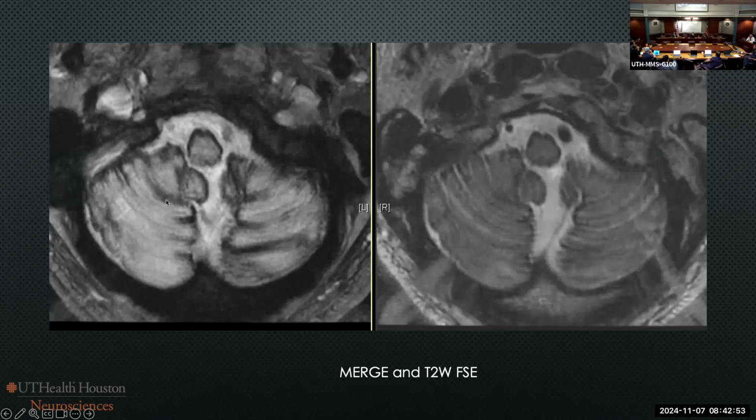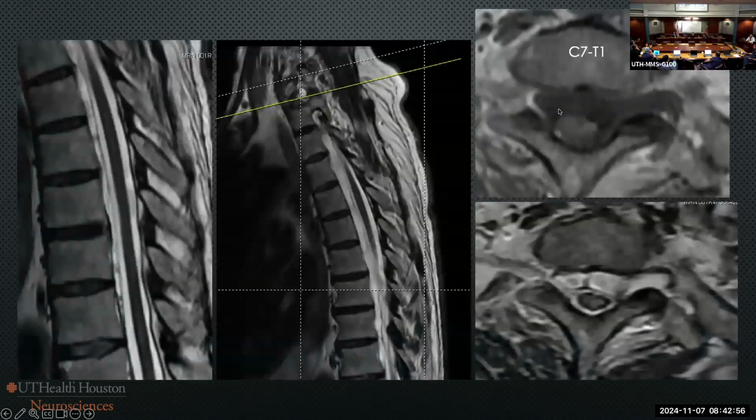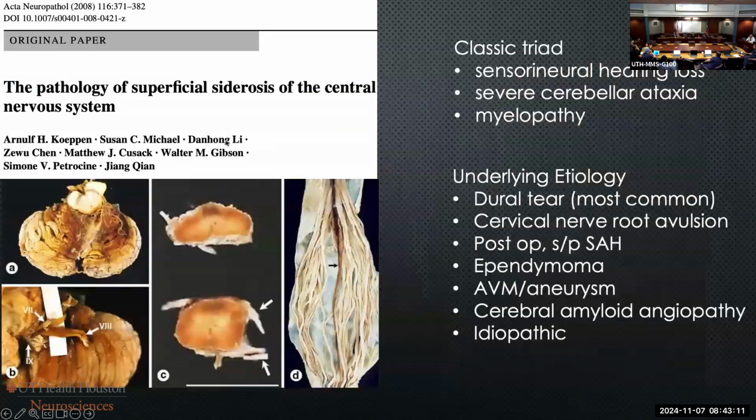So this guy, Carl repaired this, and there's basically a bloody stump. It's thought that continuous granulation tissue leaks heme products into the CNS. Carl repaired this, but the guy didn't get any better. That doesn't really surprise me because once you've poisoned your cerebellum and nerve roots, the 8th cranial nerve, it doesn't really get any better. You could just try to stop it before it happens, right? So the underlying etiology: dural tear is most common, cervical nerve root avulsion, but you could also have ependymomas, bleeding, or AVMs,